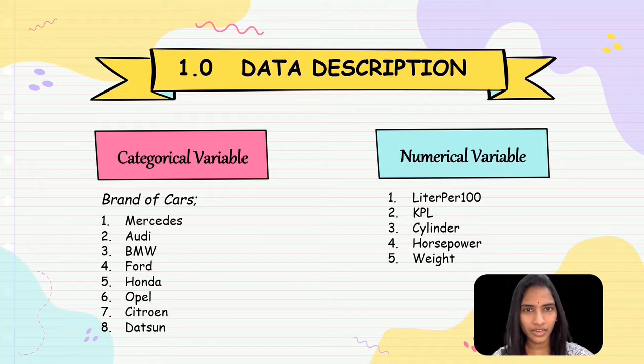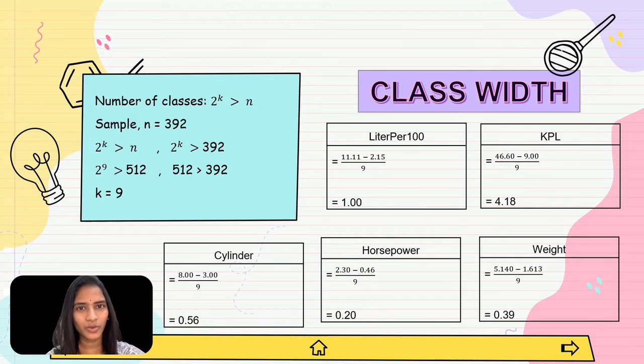In our categorical variable, we have the brand of cars, which are Mercedes, Audi, BMW, Ford, Honda, Opel, Citroen, and Datsun. Whereas for our numerical variable, we have 5 variables, which are liter per 100, horsepower, KPL, cylinder, and weight. Based on our dataset, the number of classes that we have found is 9. Therefore, our class width for liter per 100 is 1.00, KPL is 4.18, horsepower is 0.20, cylinder is 0.56, and